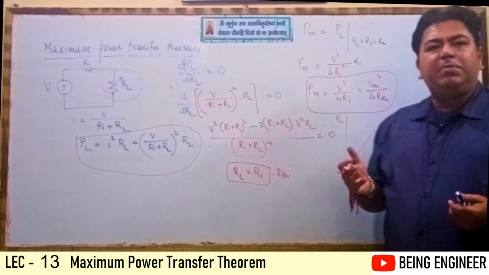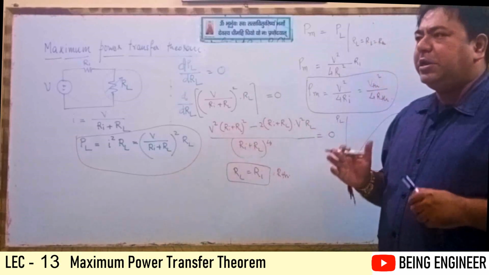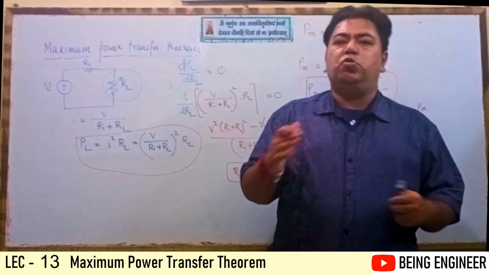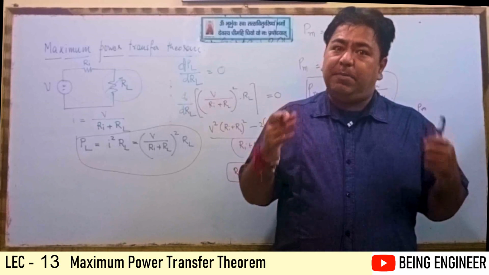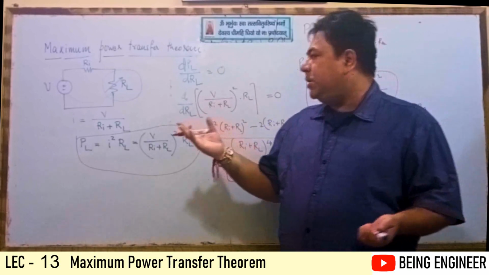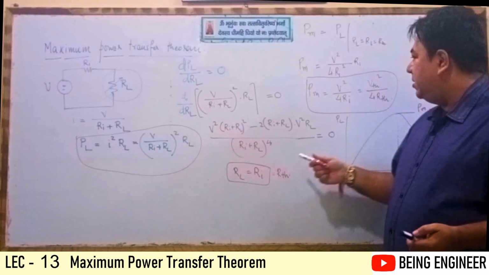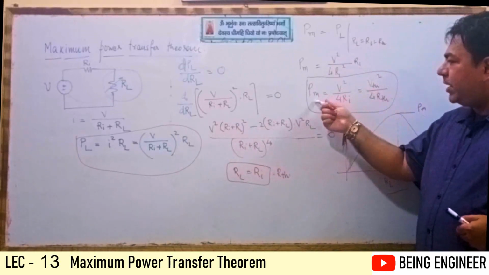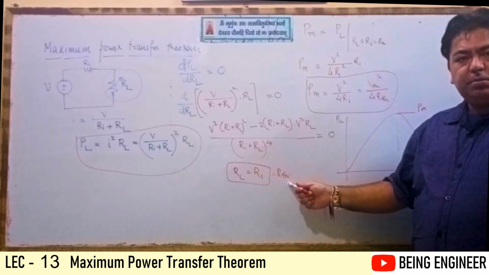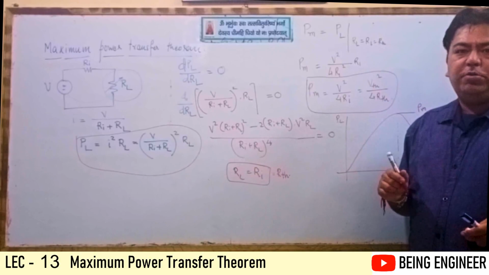In Thevenin's theorem we solved problems, we saw how to find RTH and how to find VTH. If we are able to find VTH and RTH in any network, we can easily find the condition for transferring the maximum power from source to load in any DC network, as well as the amount of maximum power transferred from source to load in that same DC network, because it is an application of Thevenin. Why did I say this? Because the condition is RL equals Ri equals RTH and the voltage is VTH. So ultimately your maximum power is a function of VTH and RTH both, and your load is also a function of RTH. So if we have VTH and RTH, we can solve any kind of problem related to the maximum power transfer theorem.